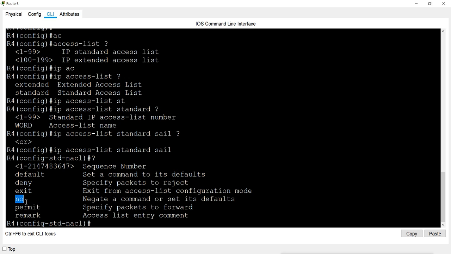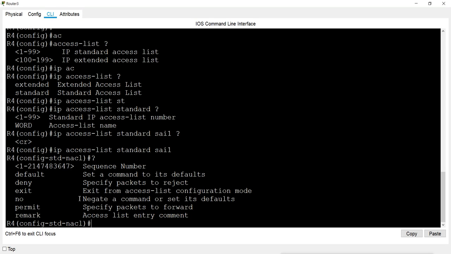So it allows us to remove a single statement or single command, which is not allowed in the numbered list, in the old type of list. So in this new named list, we can remove a single statement. So we can permit also, and also we can do remark. We can give comments, so we can add comments also.